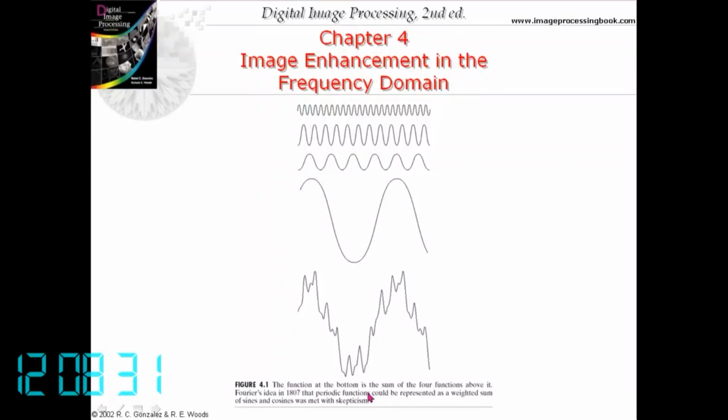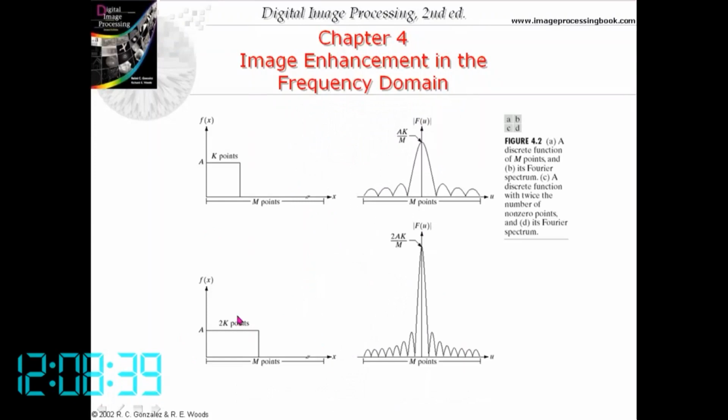Now examples. At the bottom, several periodic functions are there, and this is the sum of all these functions. This is the intensity, and when you convert it to the Fourier transform, we have a number of waves, and the sum of those will be the original.